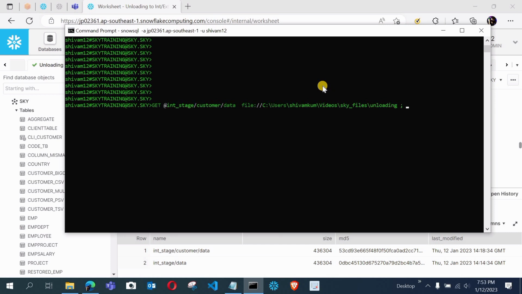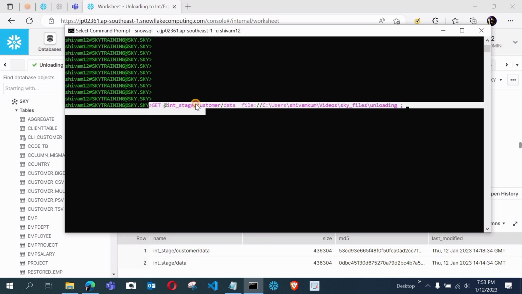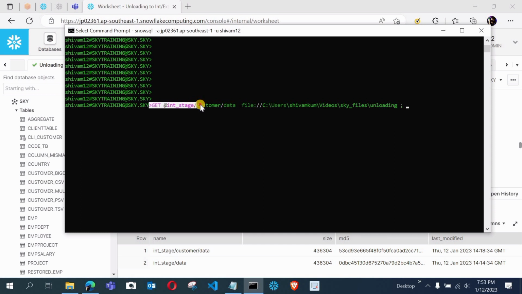Basically, this is the syntax for downloading your file from the internal stage: get @ and the stage name, then if there are folders and subfolders, you give them like that, and then the path where you want to download your file. After pasting the path, give the semicolon and press enter.